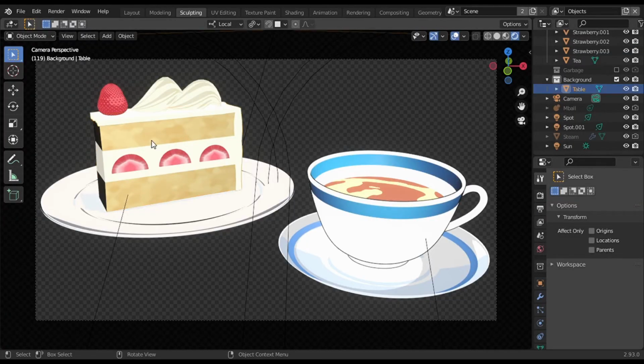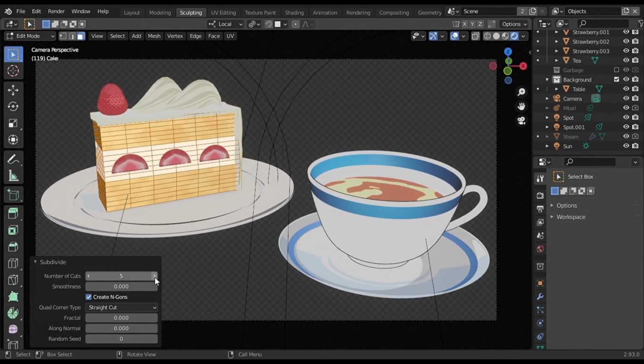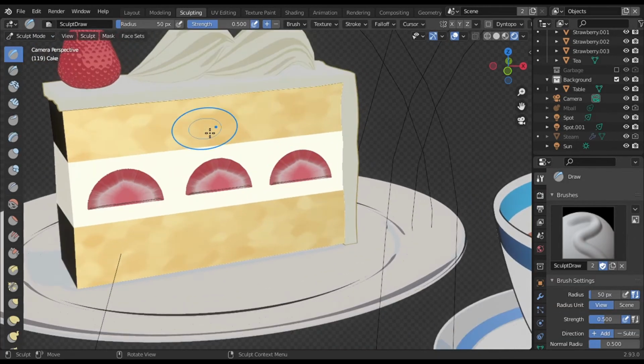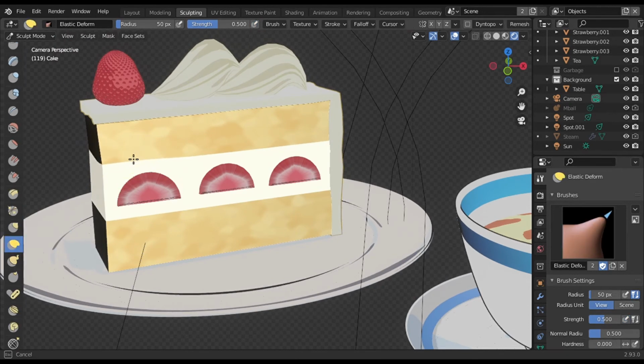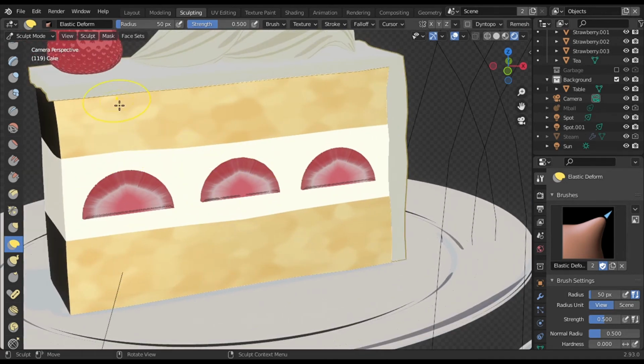For the cream inside the cake, I ended up just assigning a different material to that part of the rectangle. You're going to see that in the shading video, but what I want to show you, even though I originally did it at the end, and that's why I have my materials already in this video clip, is sculpting a bit on the cake because it looked too straight and perfect. So I subdivided and sculpted a bit, especially around the edges of the cream that is inside the cake, because usually 2D is not as perfect as 3D, and that was the look I was going for.